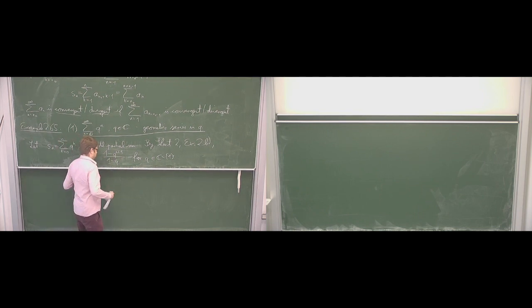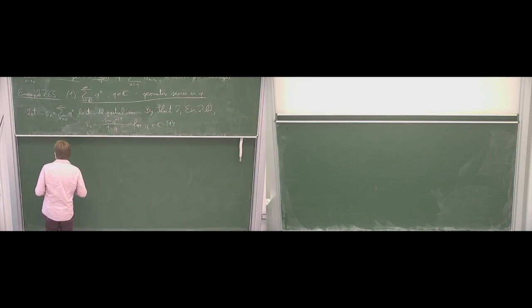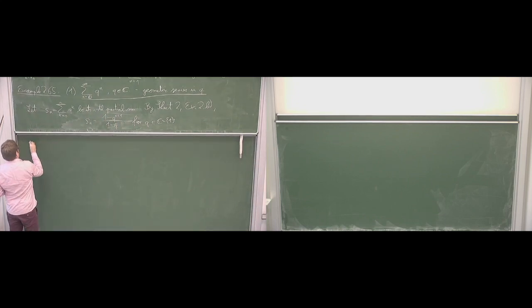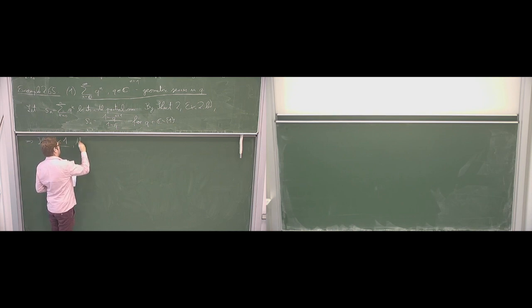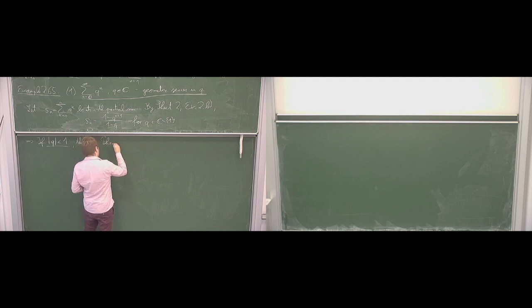So this shows that if the absolute value of q is smaller than 1, then by theorem 2.6,